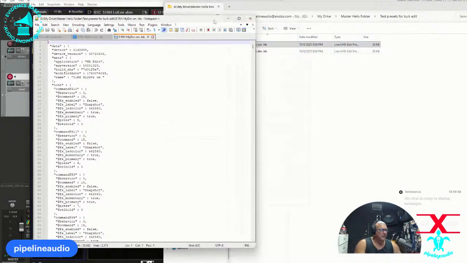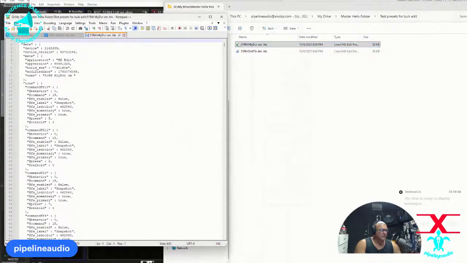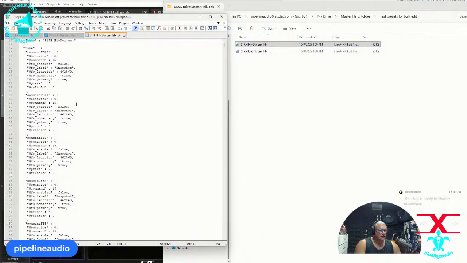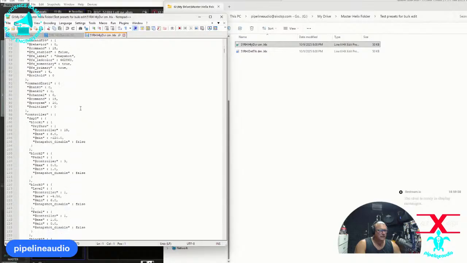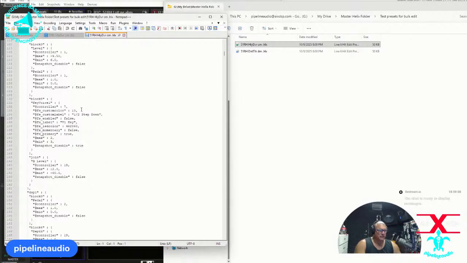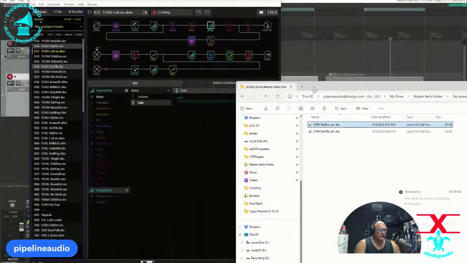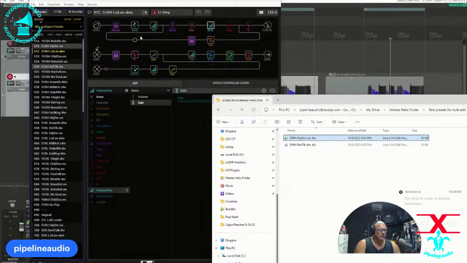But let's see if we can't find where the key is. This is somewhat human readable, so it's not horrible. Here we go. Key voice 1. Key voice 1. Okay, hold on. I forget how they number these. I think it goes from path A and path B. So